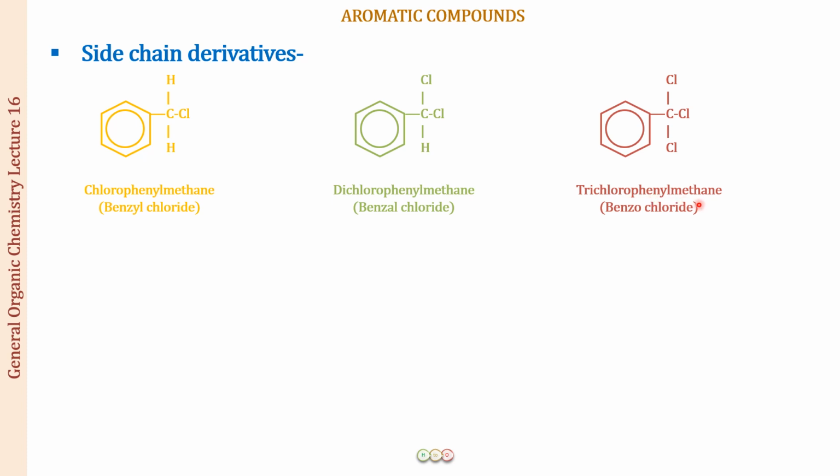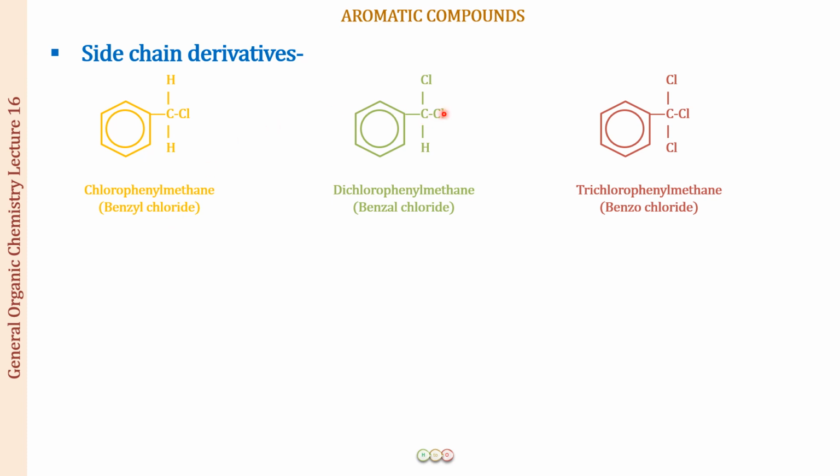All right. Now, what I want you to focus on is these names. When we have a benzene with a methyl group, we call it toluene. When we remove one hydrogen from it, just look at this position only, there is no chlorine over here, we call this the benzyl group. So this is the benzyl group, and from toluene we have removed one hydrogen. And because we have replaced it by a chlorine, this is called benzyl chloride.